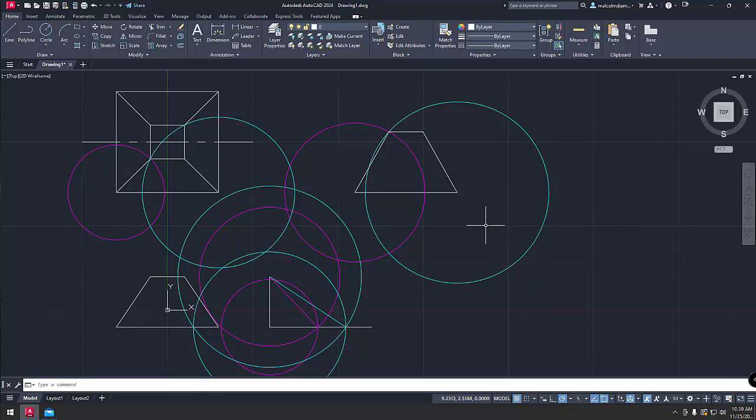Now, just to prove this, what I'm going to do is mirror these two objects, because I could do the same thing. I've done it to the left hand side. I could do the same thing to the right hand side, and it should match up. So if I mirrored these two across the midpoint, which is the reason I wanted the midpoint on, between there and the midpoint of that one, these two should intersect directly over that corner, just to prove that we've got it right. So I'm going to mirror these two objects